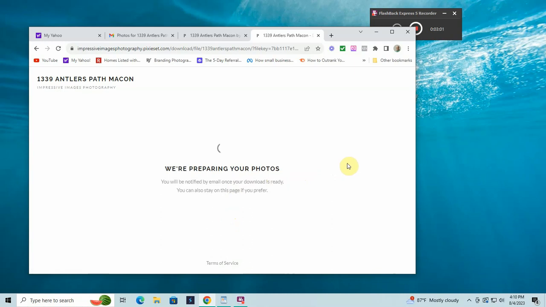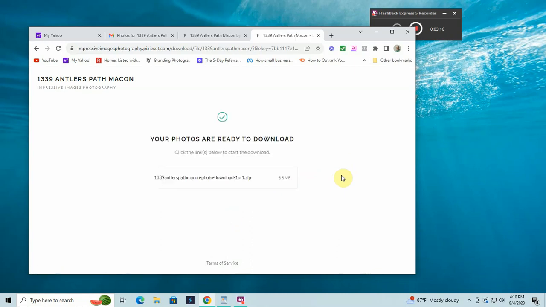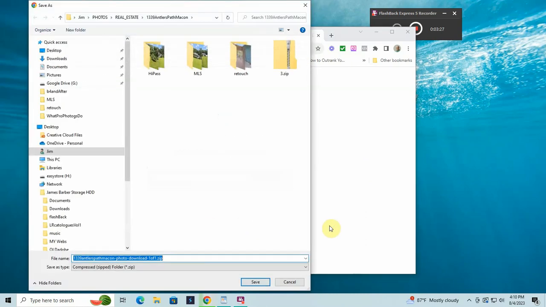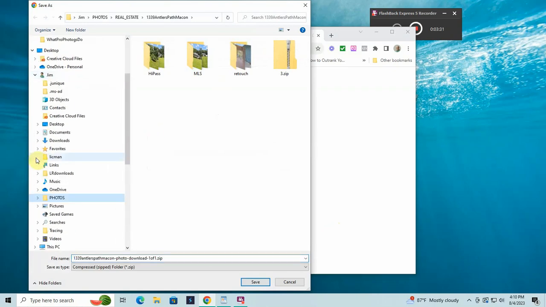Now, this screen, it really only takes a matter of seconds for the download to be complete, or for the bundling of these photos to be complete. Or you can go back and check your email, and this link will be sent to your email also. So I just prefer to stay right here. I am going to click on the link. We are going to find some place to